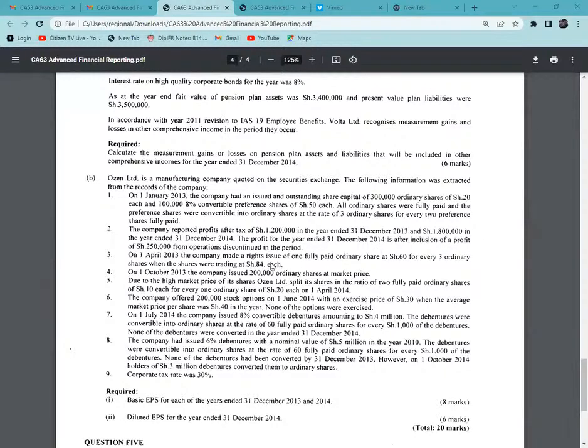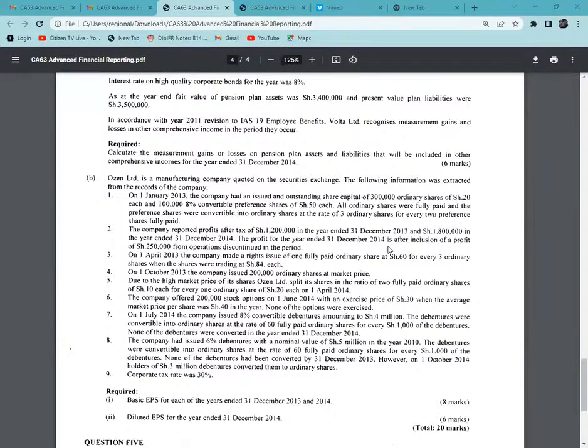We are told on 1st April 2013, the company made a rights issue of 1 fully paid ordinary share at 60 for every 3 ordinary shares when the shares were trading at 84 each. On 1st October 2013, the company issued 200,000 ordinary shares at market price. Due to the high market price of its shares, Ozen Limited split its shares in the ratio of 2 fully paid ordinary shares of shillings 2 each for every 1 ordinary share of shillings 2 each on 1st April 2014,